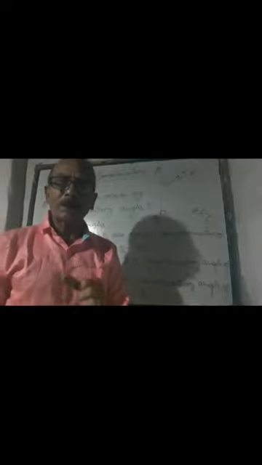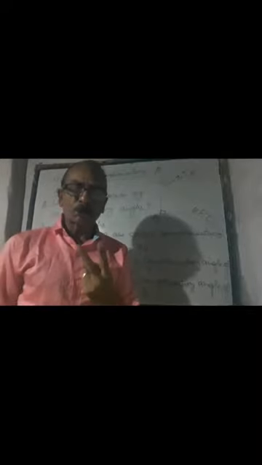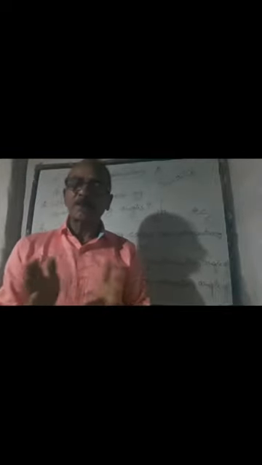So what do you mean by complementary angles? Two angles, suppose A and B, are said to be complementary if and only if their sum is what? 90 degree. I have just written on the board: two angles, say A and B, are called complementary angles if and only if A plus B is equal to 90 degree. This IFF stands for if and only if. So A plus B is equal to 90 degree. So from here you can have B is equal to what? 90 degree minus A, which is the complementary angle of A.